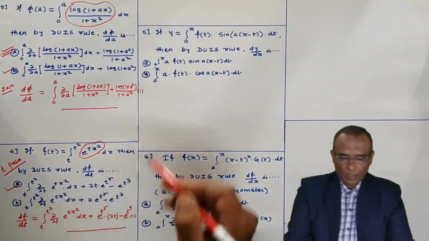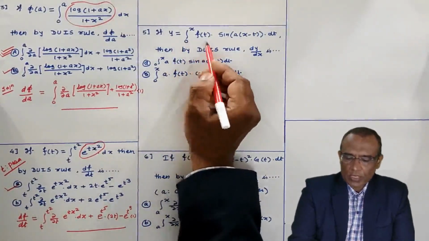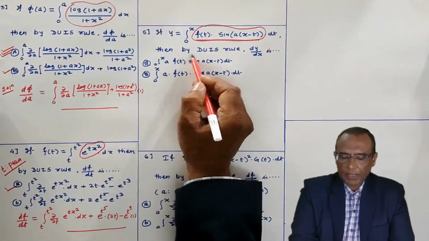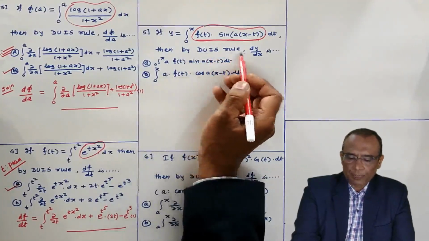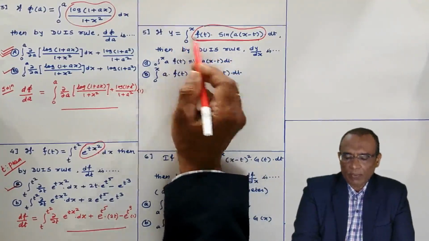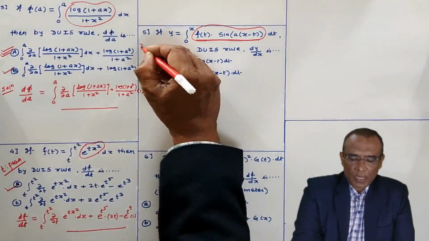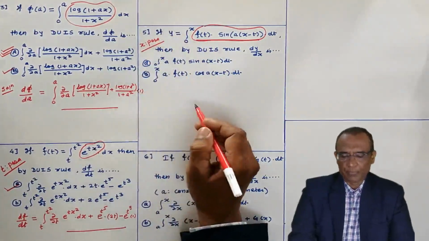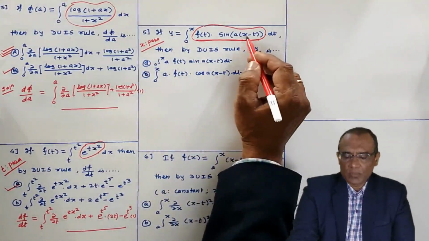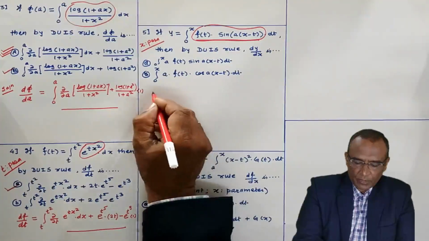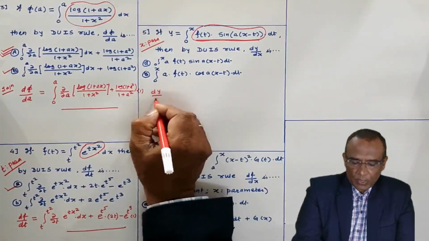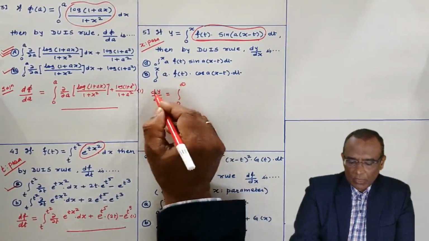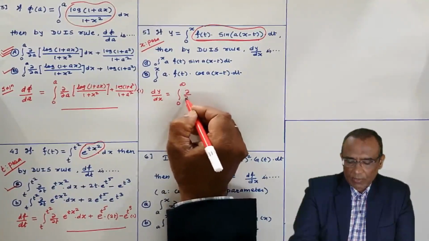Similarly, if y equals this function, this complete function is given to you, then by the differentiation under integral sign rule, find the derivative of y with respect to x. Here x is the parameter. We are differentiating with respect to x, therefore x is the parameter. Integrating with respect to t, this t is the variable of integration. Now take the derivative of y with respect to x. When you use the second Leibniz rule, write d/dx inside the integral. In this way it will become del del x